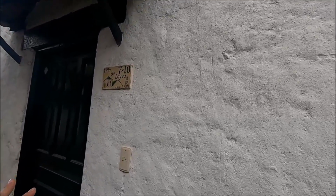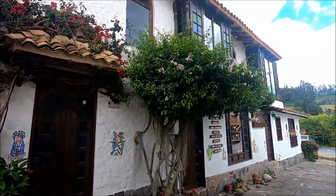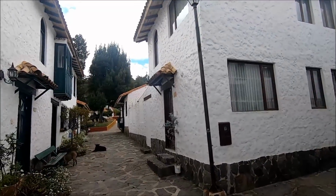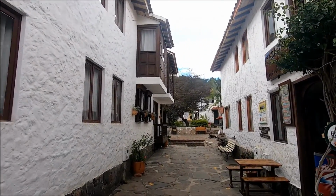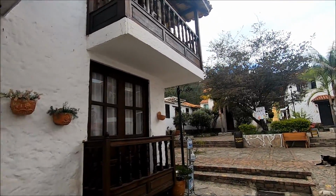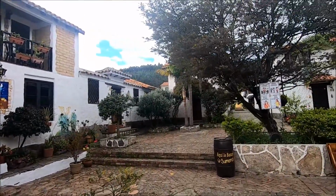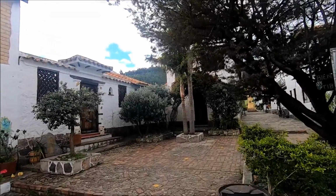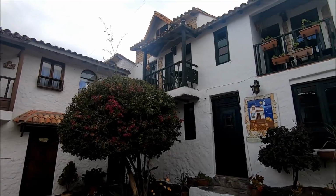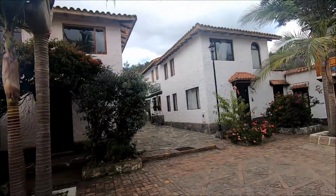Right, so here ends Villa de Leyva, and here begins Tibasosa. A lovely little town. It was actually the first town that I decided to check out while I was in Sogamoso, where I'm still staying right now as I'm shooting this, and I was pleasantly surprised. I hadn't researched the place, but it had a very beautiful town center with buildings that looked very much like this. And it also had a beautiful church in the center